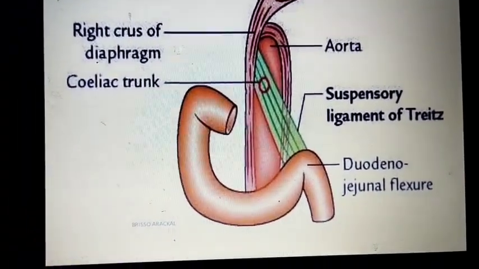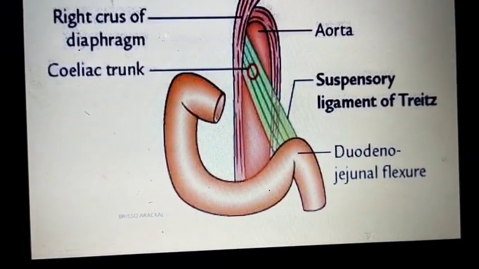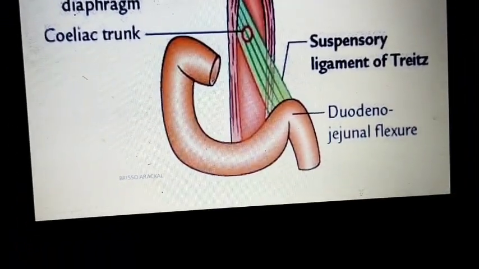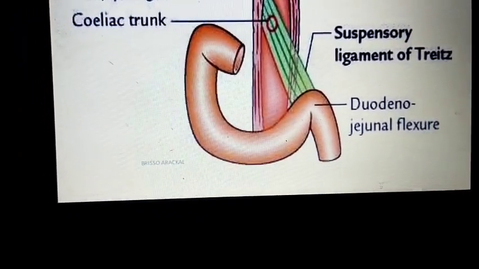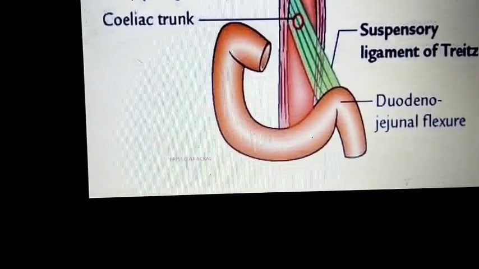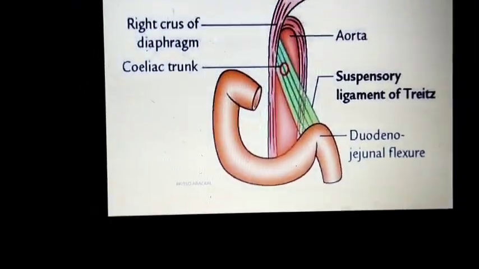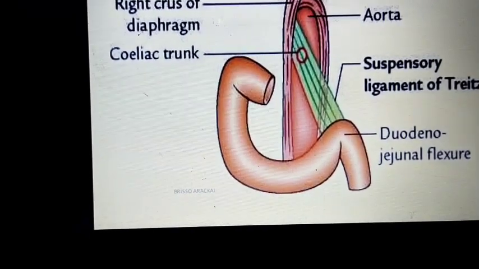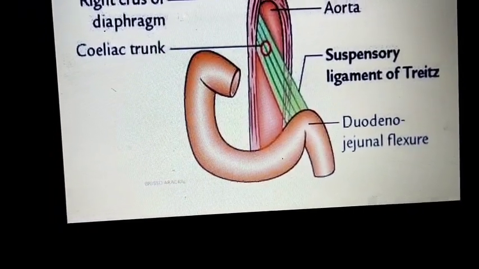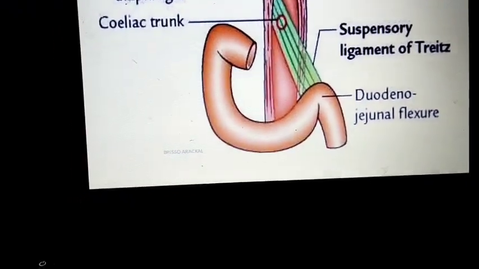If this muscle is not working properly or is not attached, the duodenojejunal flexure would be dragged down because of the weight. The duodenojejunal flexure is formed because of the attachment of the suspensory muscle. The main function of the suspensory muscle of the duodenum is to fix the duodenojejunal flexure and prevent dragging down of the small intestine, meaning the jejunum, because of the weight.